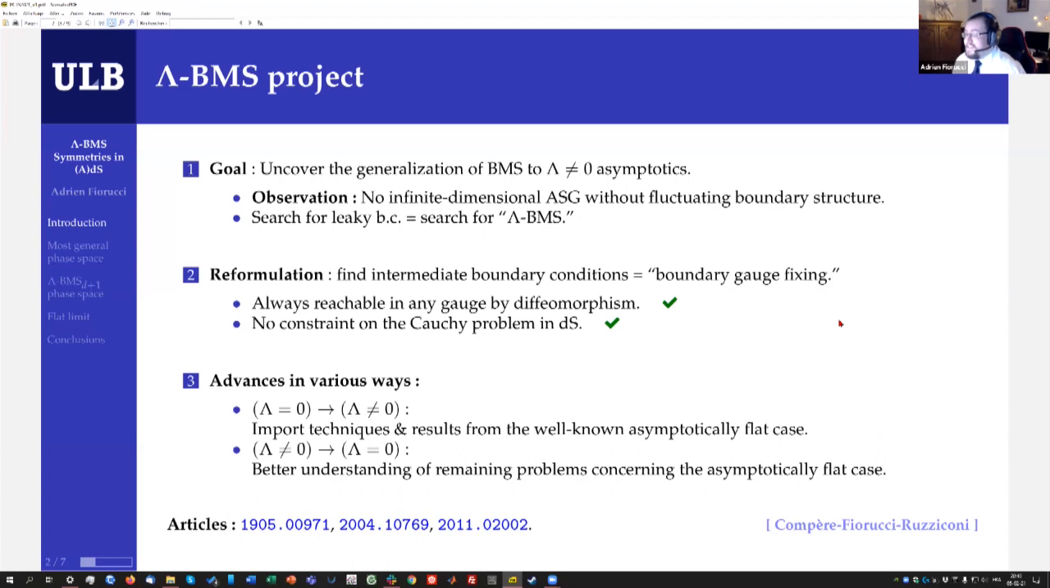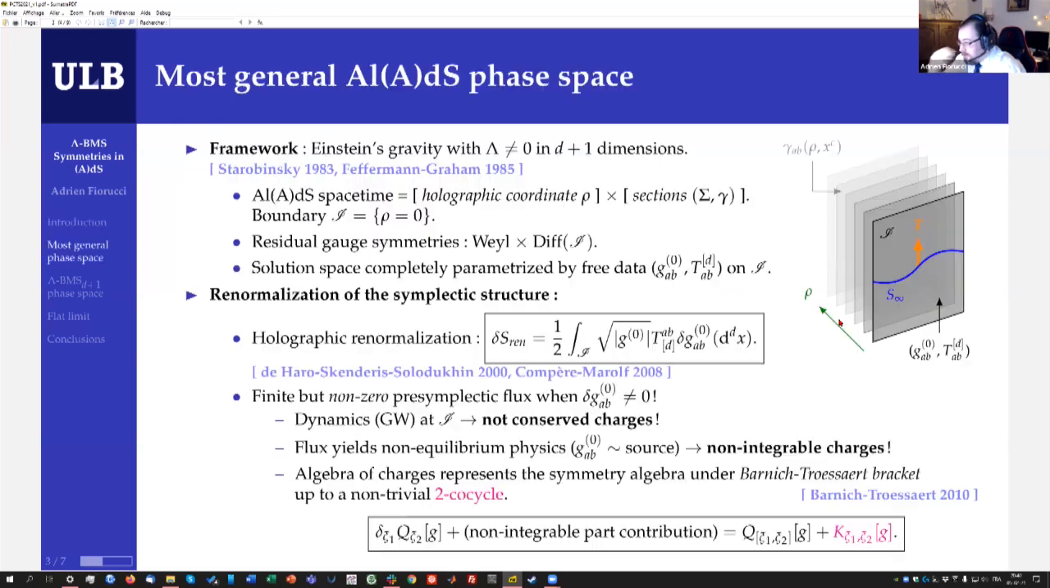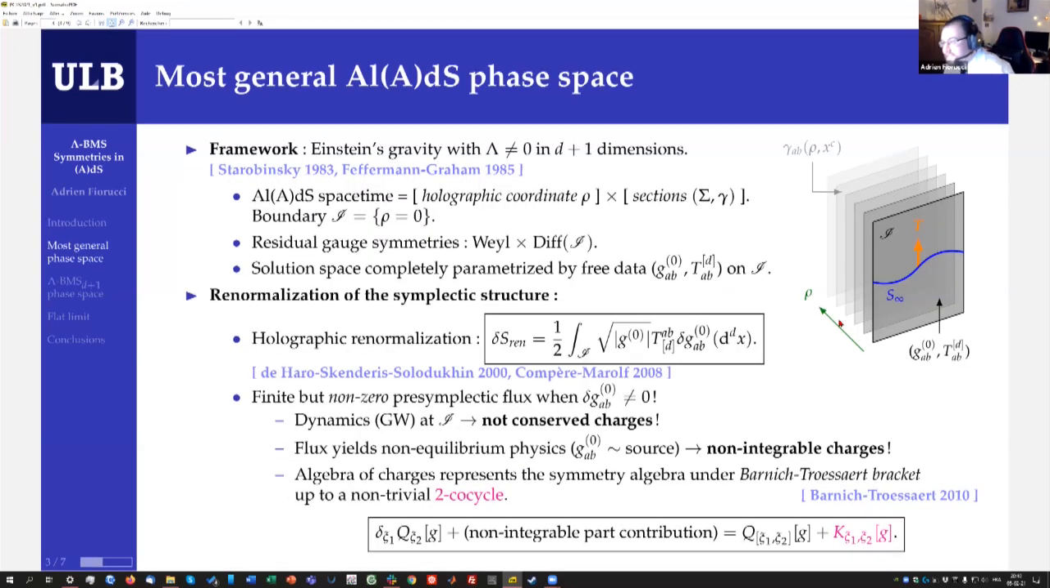what we call Lambda-BMS. I can reformulate this quest as simply finding intermediate boundary conditions that amount merely to a boundary gauge fixing that is always reachable in any gauge by diffeomorphism, and as a consequence does not constrain the Cauchy problem in dS. So I will skip this comment to get directly into the bulk. The framework we used is the well-known Einstein gravity with non-vanishing cosmological constant. And we used the famous coordinate system of Fefferman-Graham,